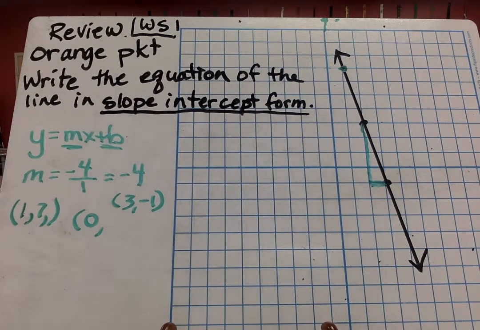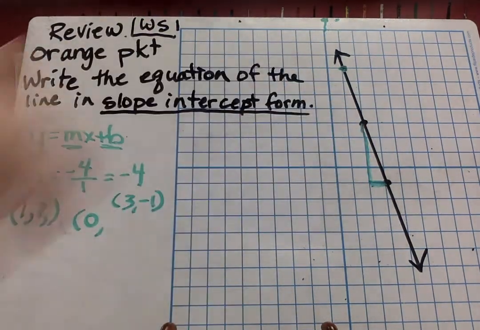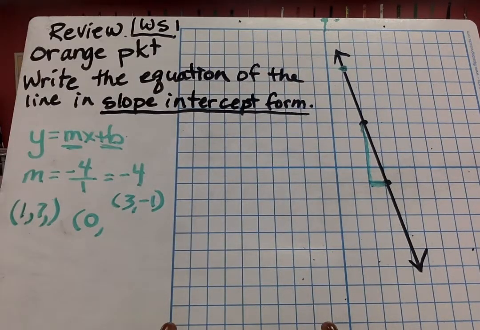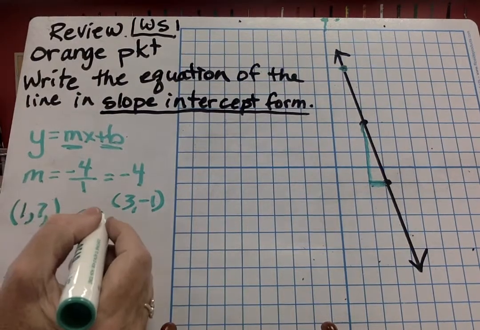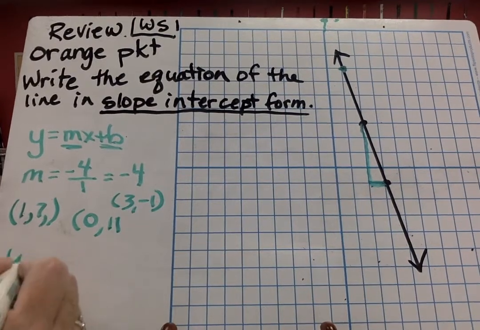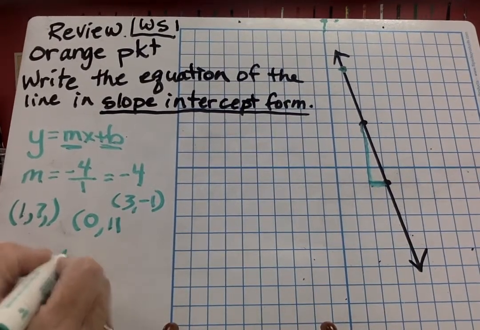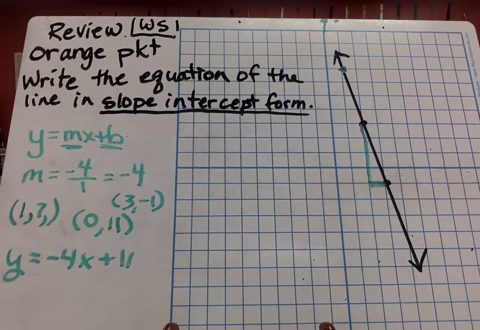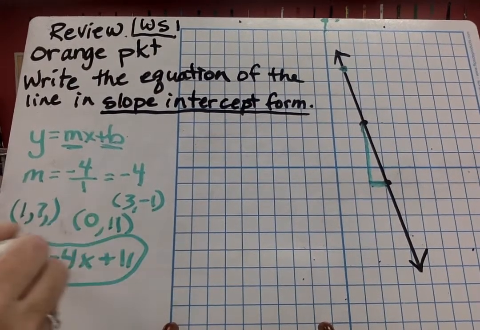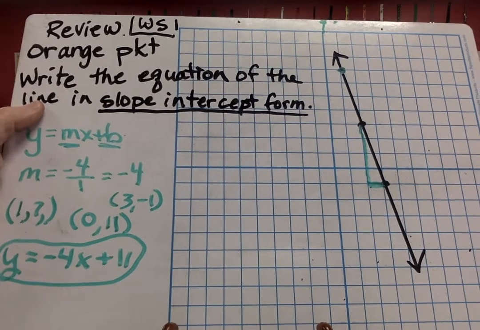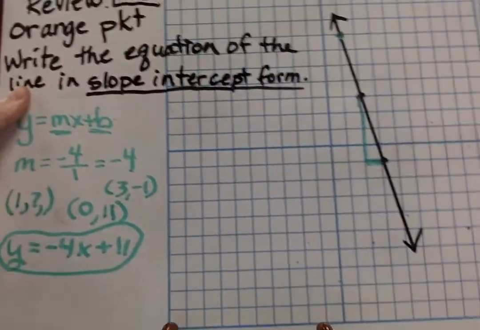And then on future problems, I'll show you exactly how to do it if you're just given 2 points and you can't get to the y-axis. So here it's going to be across the y-axis right here at 0, 11. So we could say y equals, m is your slope, -4, x, and then b is 11. Okay? So that's how you do the first one on this review worksheet. Go ahead and do the next two, and I'll be around to help you, and then we'll go on to the next